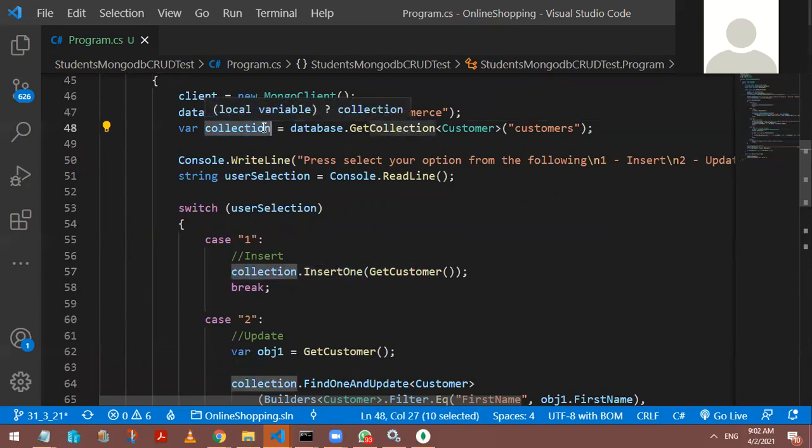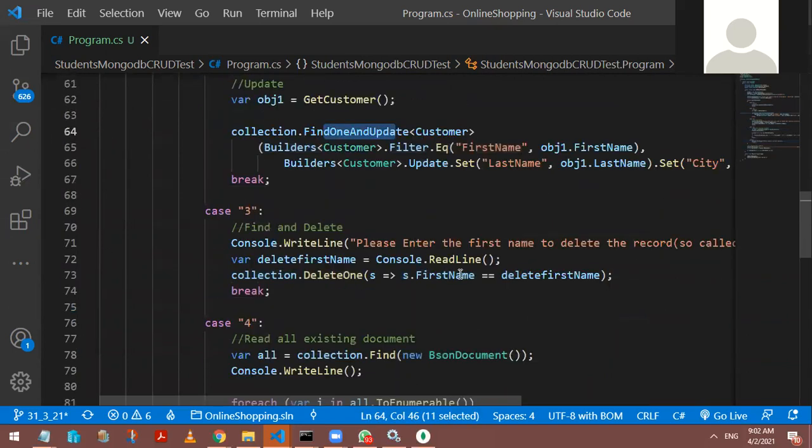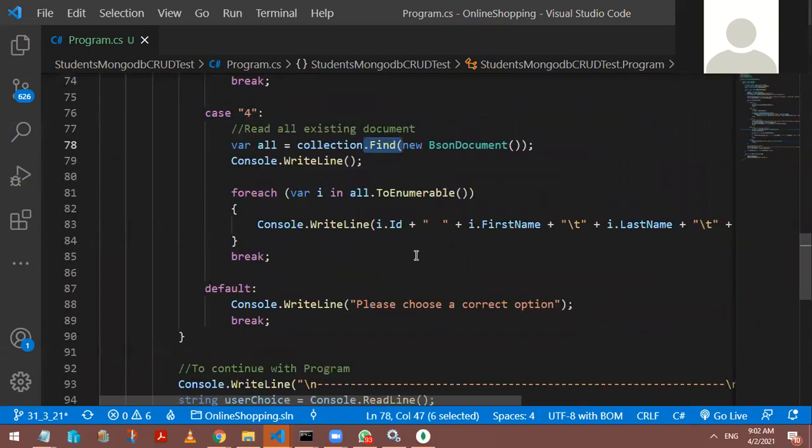So don't think the MongoDB driver has not given you a collection class, which actually contains the insert one method, find one and update method, delete one method, and find method. Are you getting?